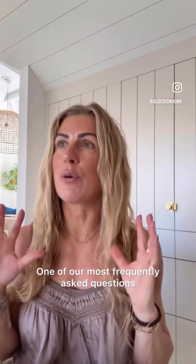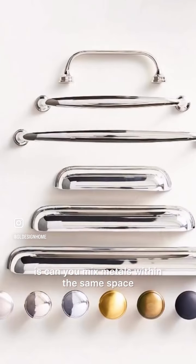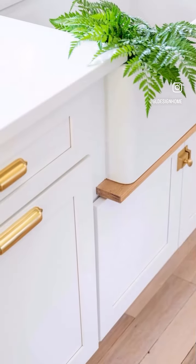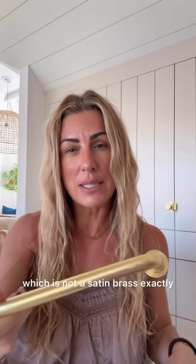One of our most frequently asked questions is, can you mix metals within the same space? So here are a few of my favorites. I personally love an aged brass feel. So you can go right into an aged brass like this one, which is not a satin brass exactly, it's